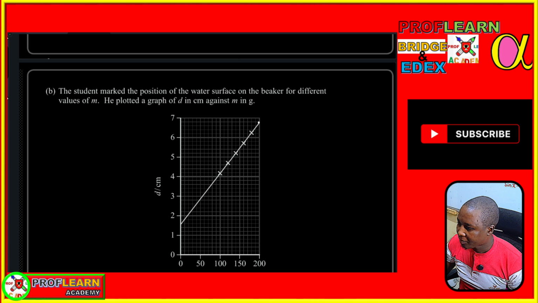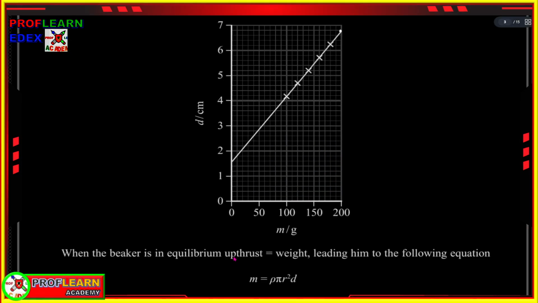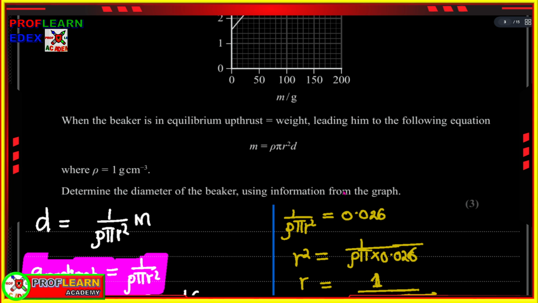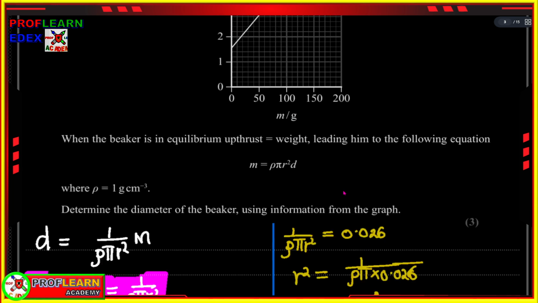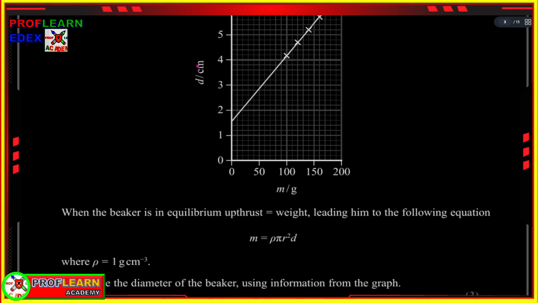And in that case, we are told that the density is given as 1 gram per centimeter cubed. Determine the diameter of the beaker using the information. The first thing I did, because you can see the graph that we are drawing is a graph of D against M,